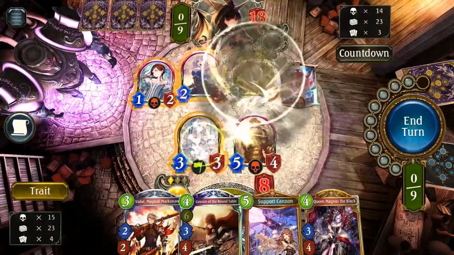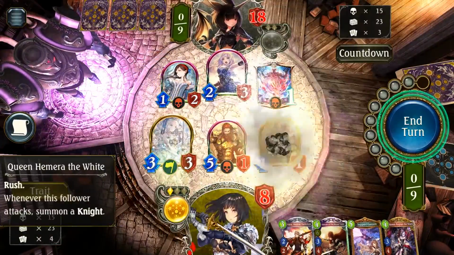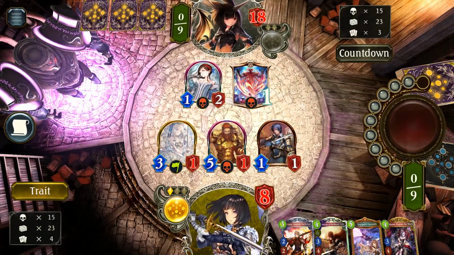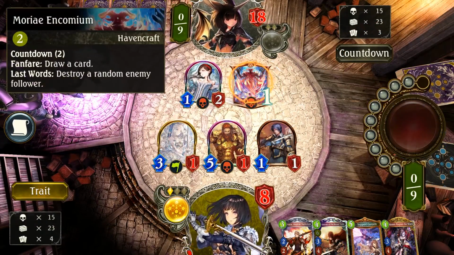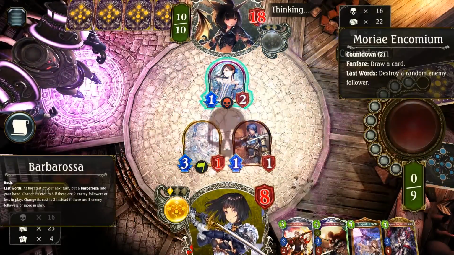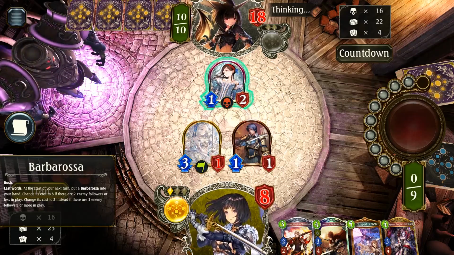Then his Snow White can get a lot of value here. But I don't really want to be using an evolve to just take... Like, because there's a Moral Encomium, this can die. There are other ways he could be destroying my board, so...